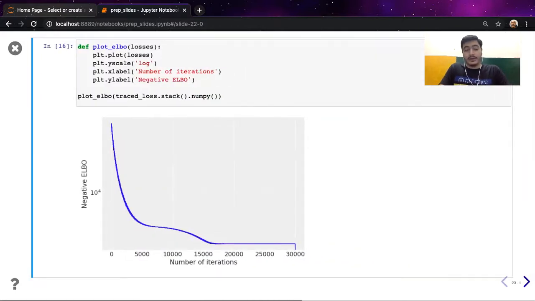Yeah, here we are looking at whether the loss traced out at each step, stacked together, has converged or not. Now one can see after some 20k iterations, the ELBO has converged, and it's a good diagnostic to check whether the optimization has converged to a stable level. Then we can proceed ahead and continue with the iteration of the data generative process.